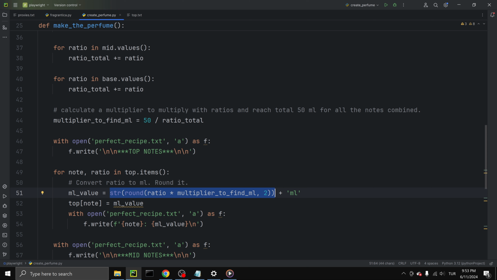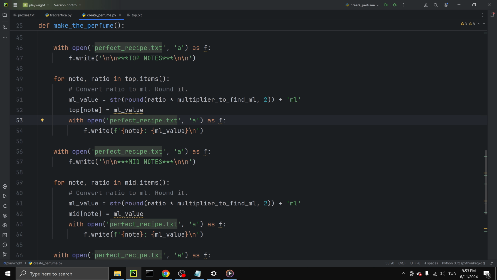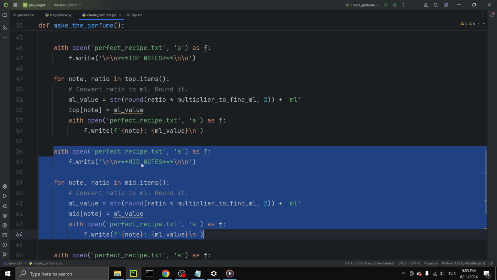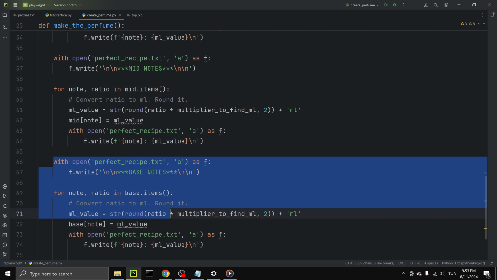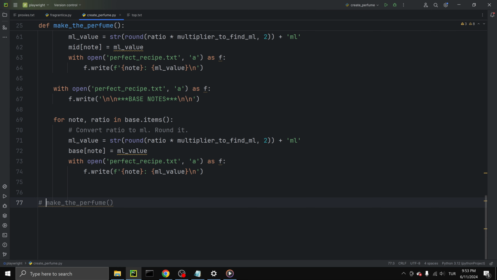After that I am adding milliliter at the end of it, and in this dictionary I am changing the ratio with this milliliter value I have calculated in here. After that I am writing this to the perfect recipe for every item. After that I am doing the same with this one for the middle notes, the same with this one for the base notes, and at the end there is just one thing left, and it is to call the